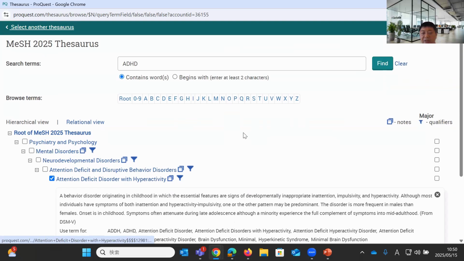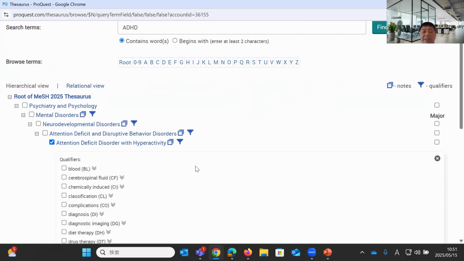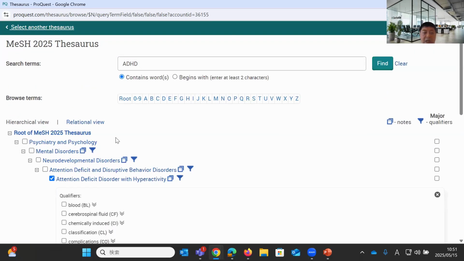By clicking this filter icon, you see qualifiers or subheadings. Maybe it's easier to understand that way. ADHD is often searched with classification or diagnosis or drug therapy. I'll use drug therapy as an example here. Also, right now it's a hierarchical view, right?